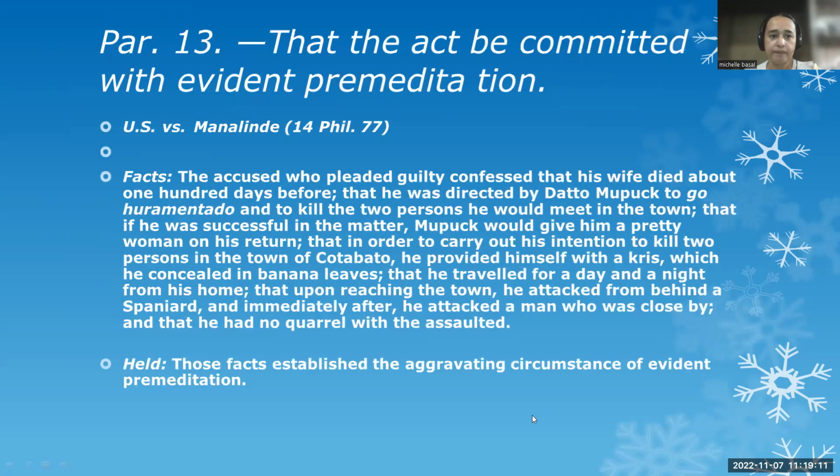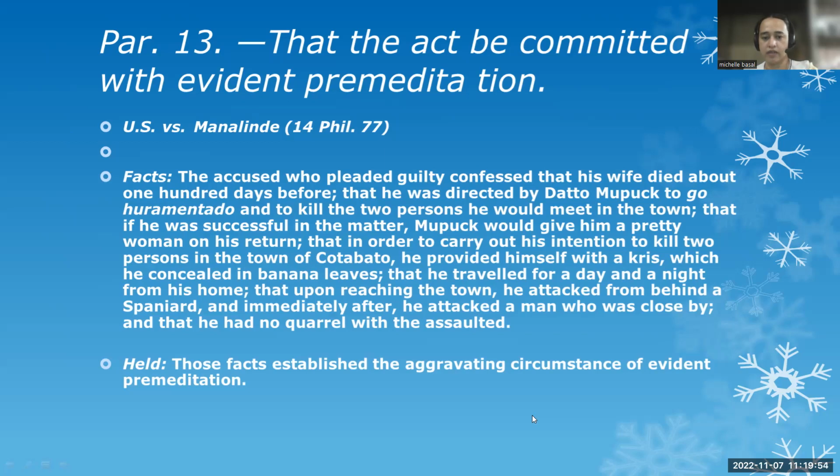Okay, next slide. Paragraph 13, that the act be committed with evident premeditation. So, ginpagplanuhan. So, US versus Manalinde. Facts. The accused who pleaded guilty confessed that his wife died about 100 days before, that he was directed by Dato Mupok to go to Harumantado and to kill the two persons he would meet in the town. That if he was successful in the matter, Mupok would give him a pretty woman in his return. That in order to carry out his intention to kill two persons in the town of Cotabato, he provided